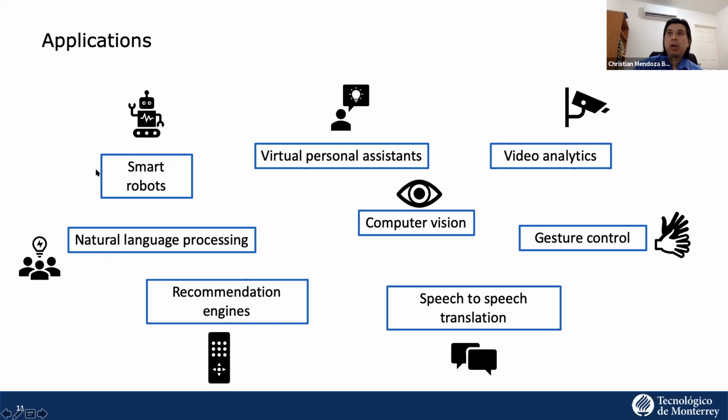You also have smart robots doing interesting things in industry and in consumer service. And you have recommendation engines. For example, think about Netflix. Netflix knows a lot about what we like, and then we are being fed new series or movies that are similar to the movies and series that we watch and we like. So those are recommendation engines. There are many more applications. These are just some of the main applications that I can talk about.